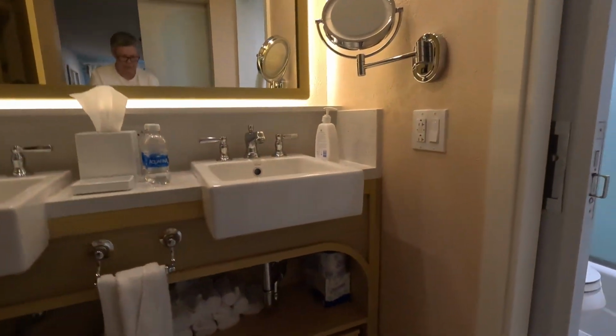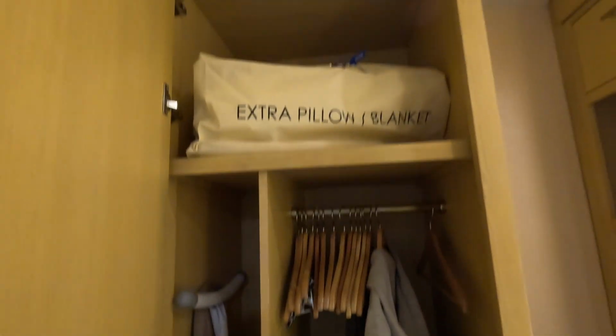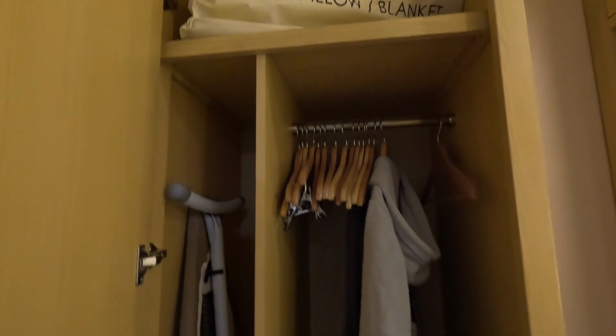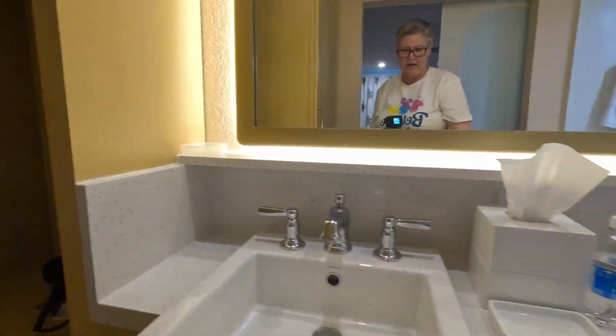aircon, nice wee shelves, a stool for the little ones if they can't reach the sink, a drawer here, and then a wardrobe, some pillows if you want, an iron. There is a luggage rack. We didn't need it because you could put them onto the beds, and then some shelves here, and 2 sinks